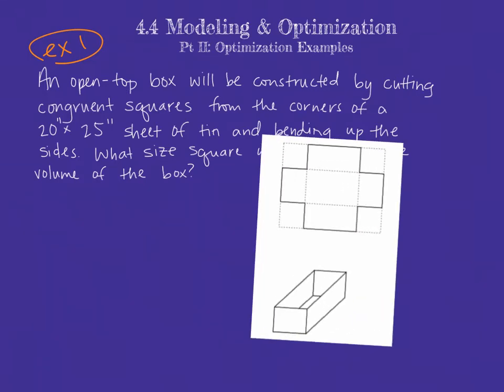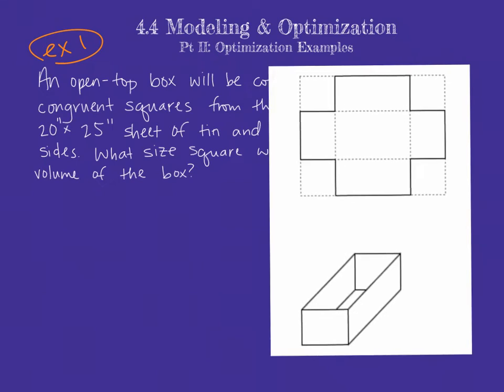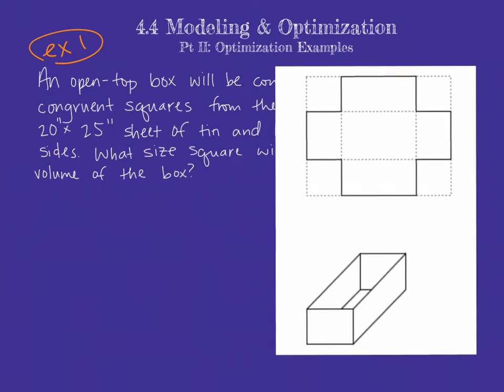So in most optimization problems, I recommend starting with just a drawing. In this case, this is hard to draw on this screen, so I got a picture. We have this 20 by 25 sheet of tin here, this outside rectangle. Then we have these four corner squares that have been cut. And what remains is this bolded black part here, that when we fold up these four sides, it creates